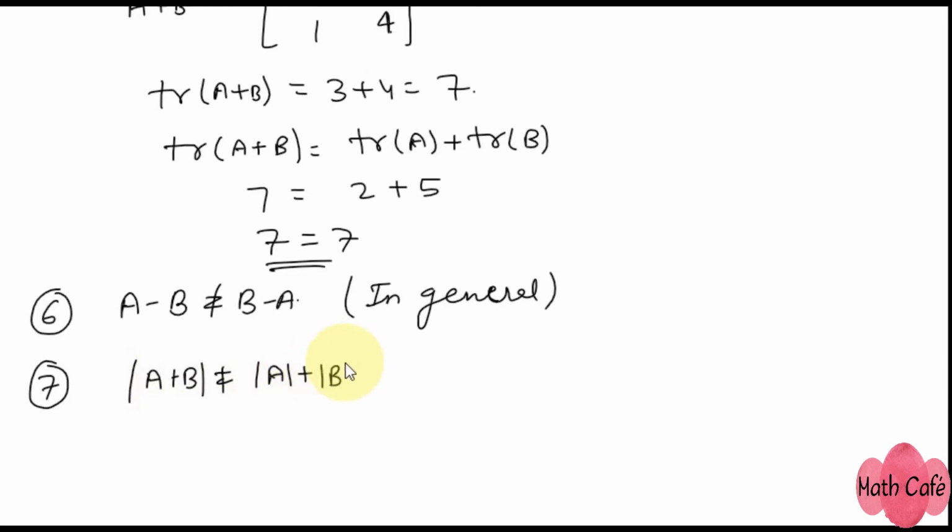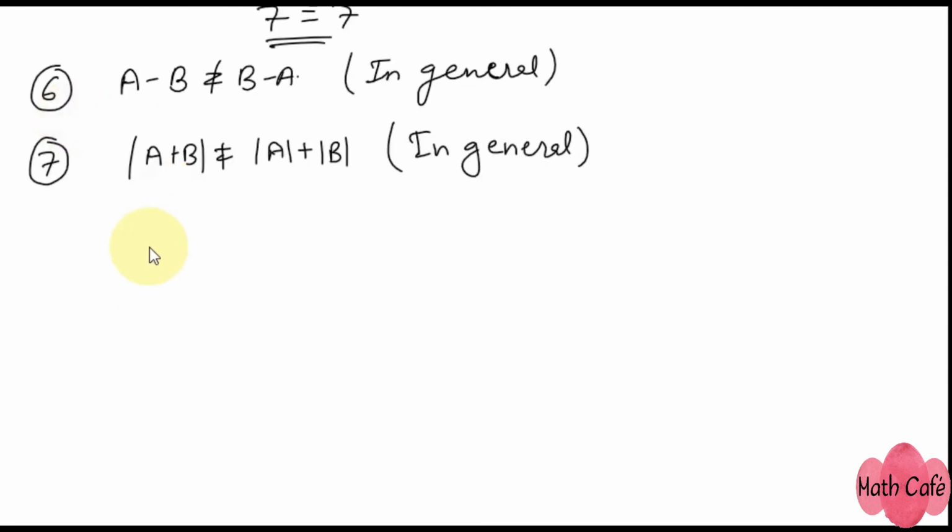Let's take another point, 7. Determinant value of A plus B will not be equal to determinant value of A plus determinant value of B, also in general. So this can be equal in some cases, but in general these two terms will not be equal. So next point is multiplication of matrix